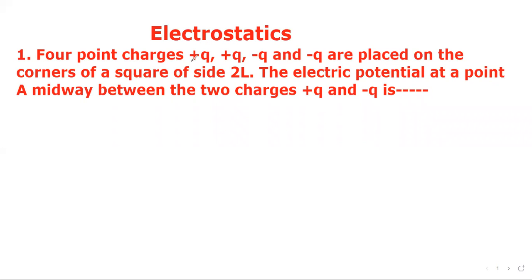Electrostatics. Four point charges plus Q, minus Q, plus Q and minus Q are placed on the corners of a square of side 2L. The electric potential at a point A midway between the two charges plus Q and minus Q is given by. So here, this is a square